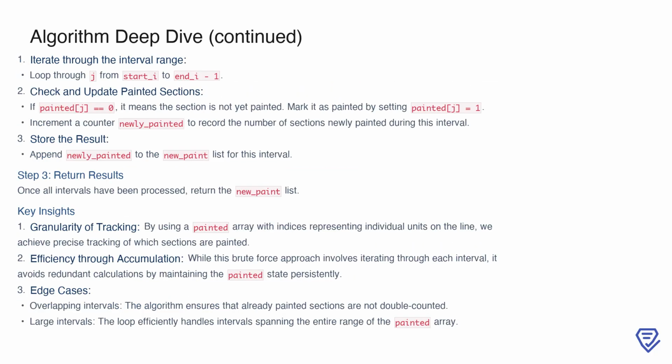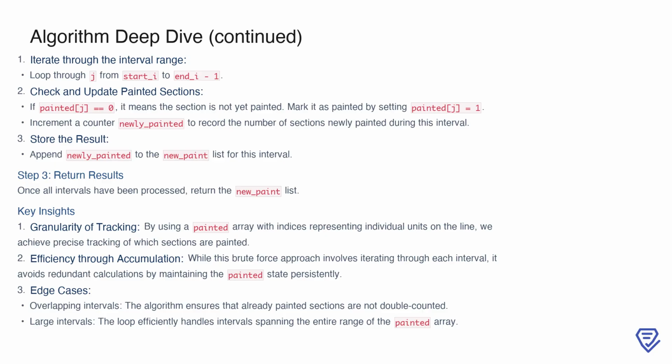Now, for each interval [start_i, end_i] in the input, we simulate the painting process in 3 stages. First, we iterate over the range defined by the interval. For each unit j from start_i to end_i - 1, we check whether the section of the line at j has already been painted. If it hasn't, indicated by painted[j] equals 0, we mark it as painted by setting painted[j] equals 1. At the same time, we increment a counter called newly_painted to track how many sections are newly painted